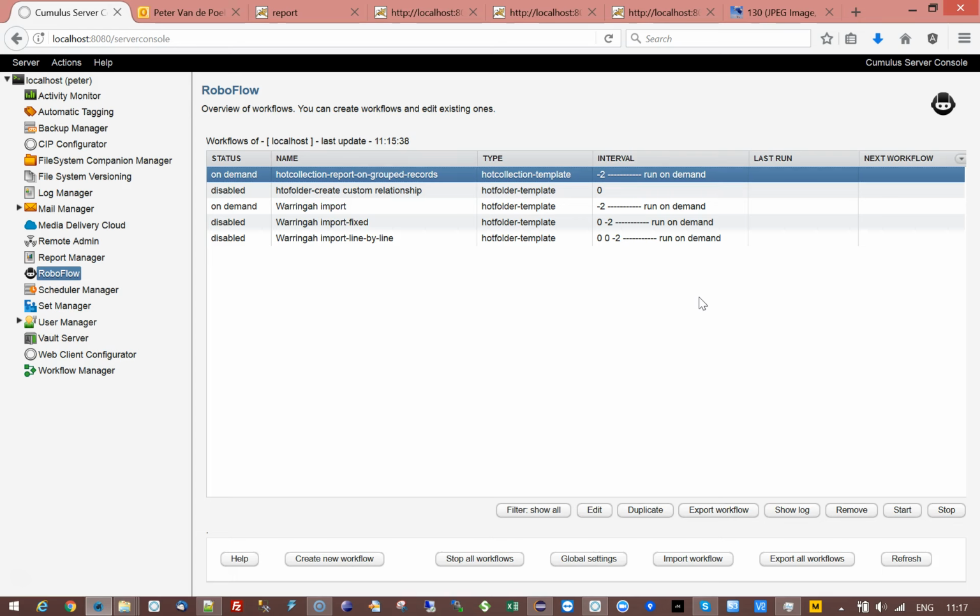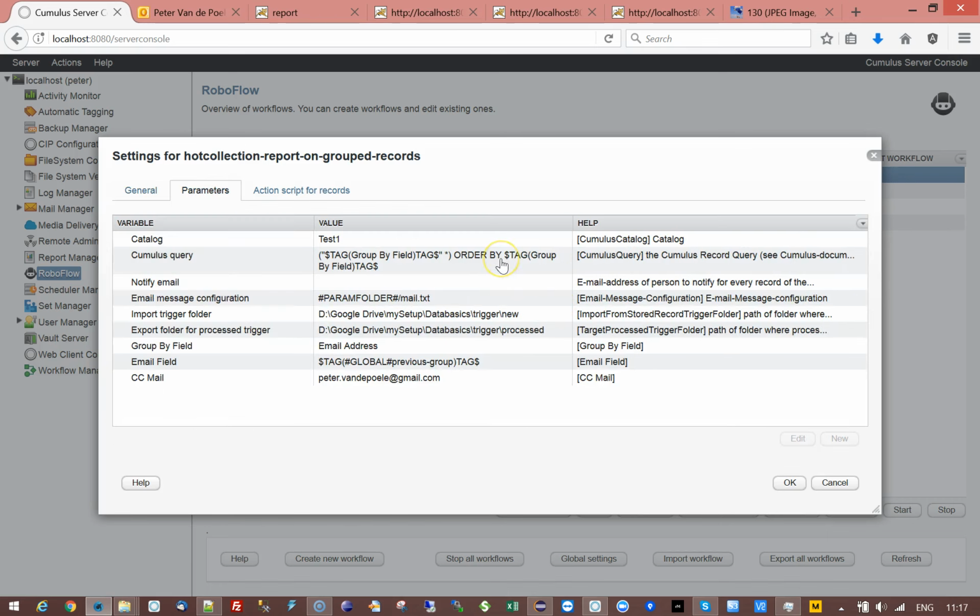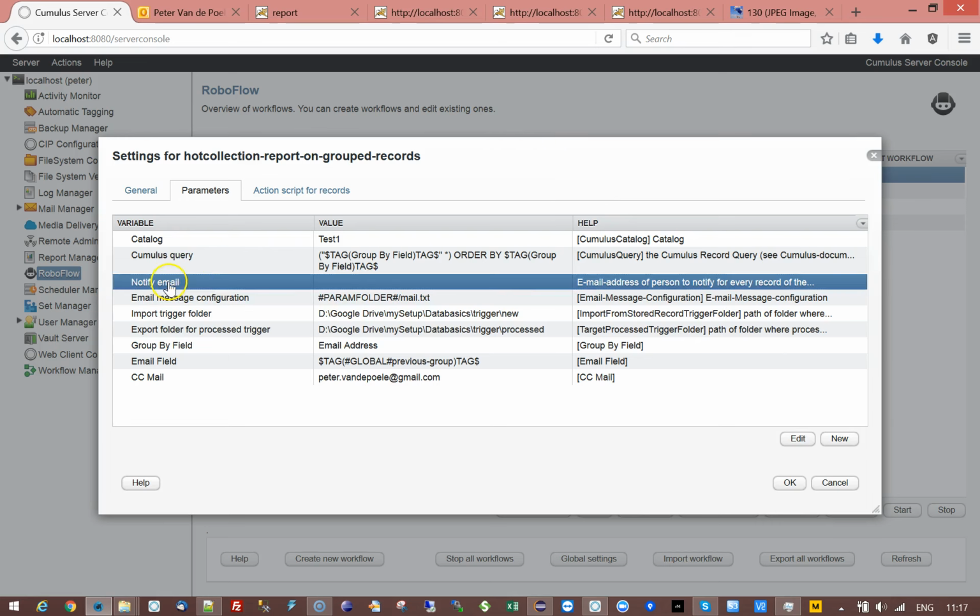In this training movie, I will show an example of how Roboflow can group email notifications and send them out to different users. Out of the box, Roboflow in a hot collection workflow launches a query, and as a result, this query then returns records, and you can use the standard bundled mail from Roboflow to send an email to a certain